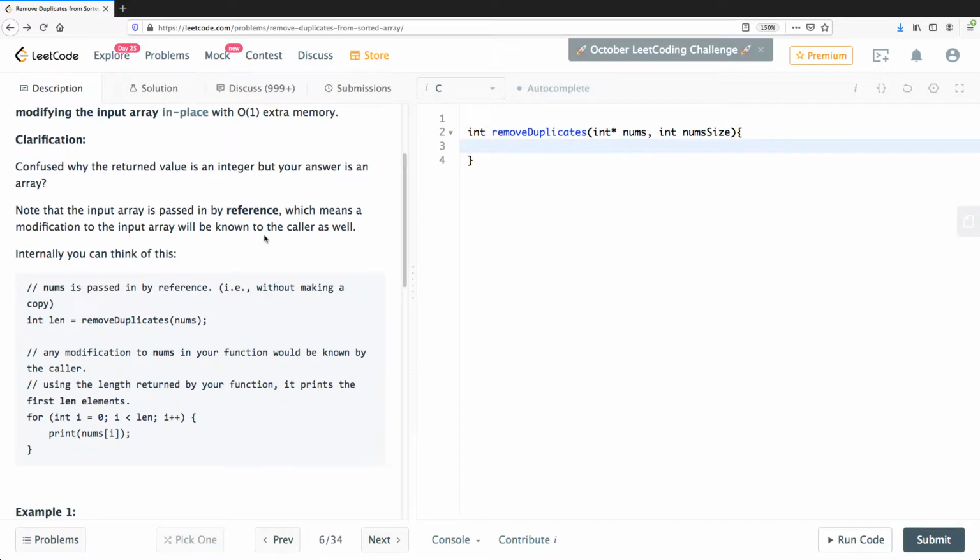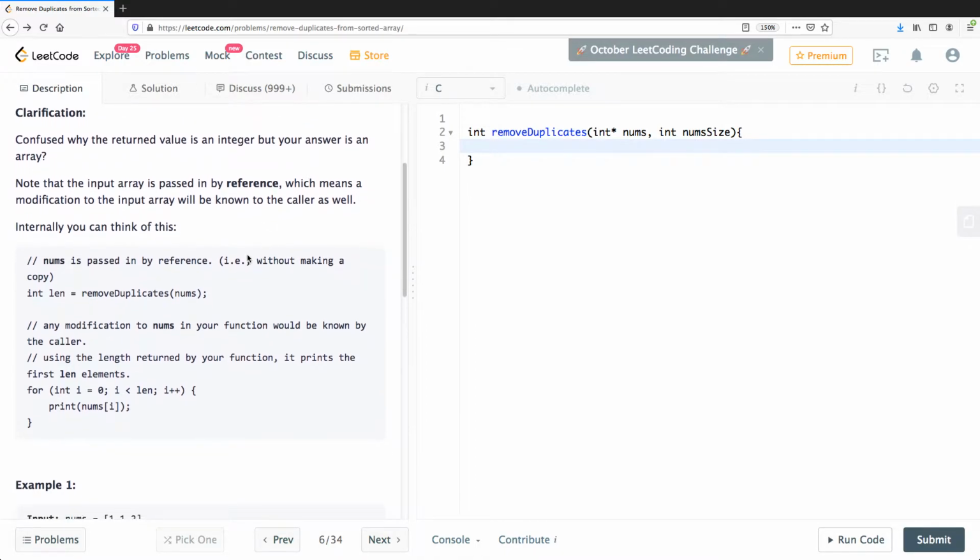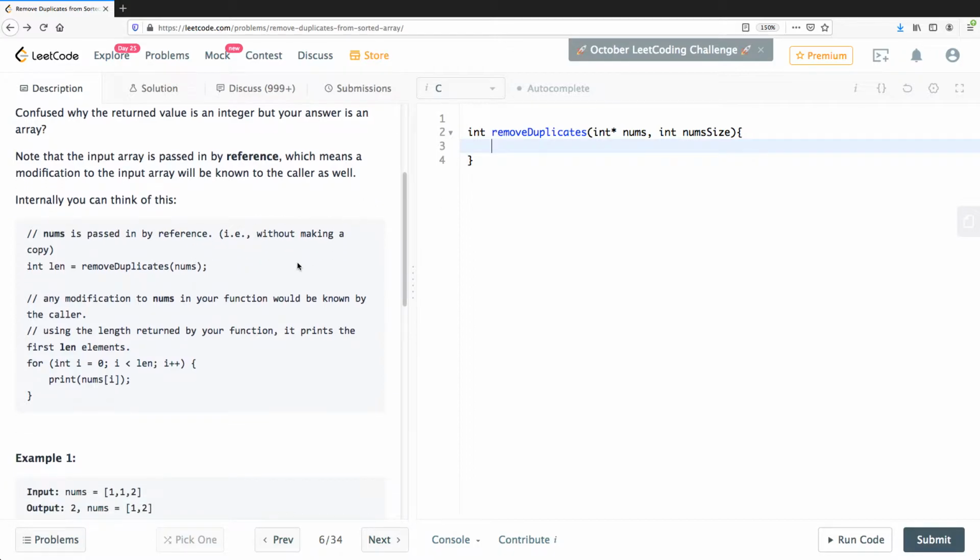So no extra allocation. And then you're basically given a reference, in our case, because it is C, a pointer to the initial array's first element, and you're working on the reference, and that will be reflected in the caller,